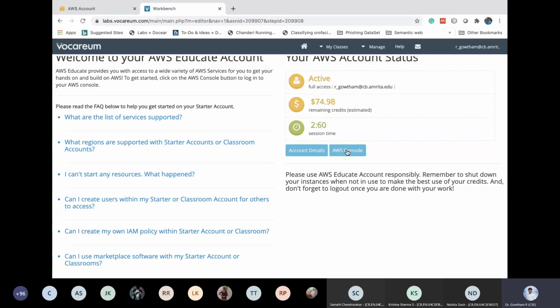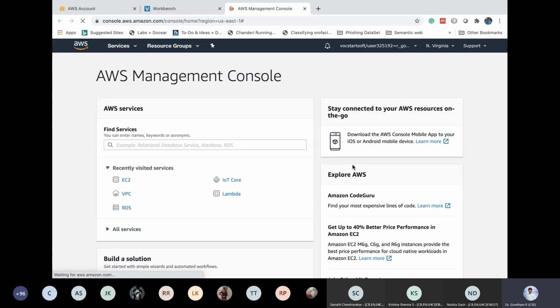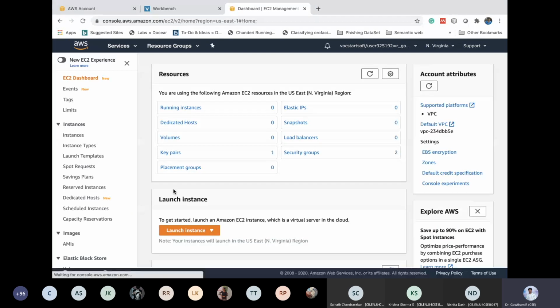Then click on AWS Console. The first step, if you want to install the Node.js program in the EC2 console, of course we'll have to create a virtual machine first. So we thought of creating the Ubuntu server as we discussed in the previous session. Go to EC2 and launch instance.